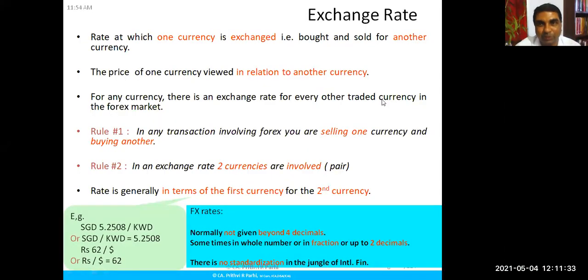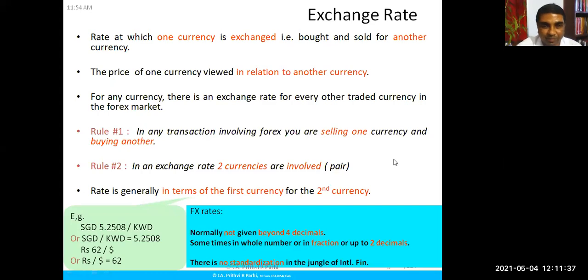To a large extent, many rules are not defined. You may say 20 rupees per kilo. Somebody may say 2.5 kilo in 50 rupees. You may say they're the same, but the way they quote, they're different. So that's why I'm saying there is no standardization, because even if these are the general rules, there are some countries which are exceptions. They express their quotes in a different style. That's why they are exceptions. So we have to remember those exceptions also.